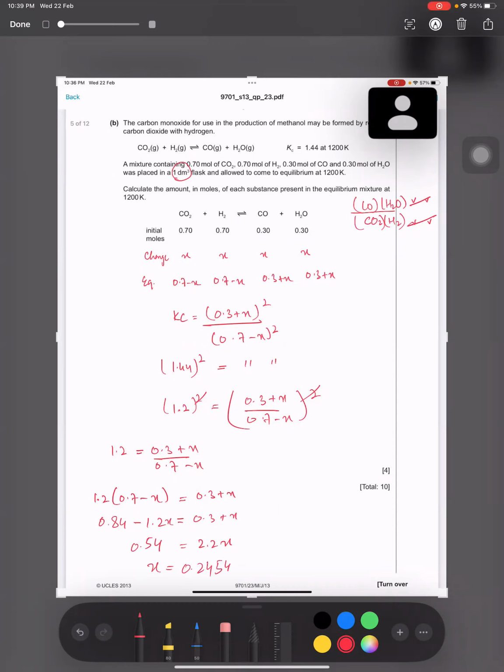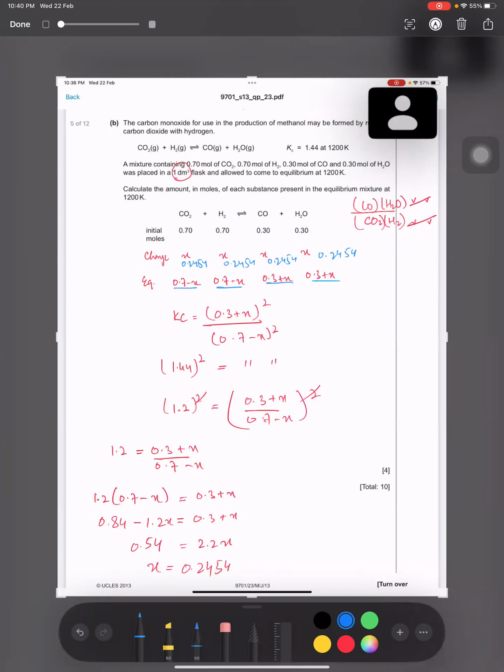You can see this, the number of moles are 0.7, तो इतने खर्च हुए हैं, 0.2454, ये भी 0.2454 खर्च हुआ होगा, और 0.2454 बना होगा। They are saying calculate the amount in moles of each substance present in the equilibrium mixture. तो ये आंसर्स पूछ रहे हैं। So we can solve this कि भाई क्या आंसर होगा।